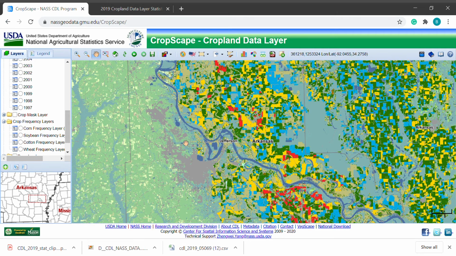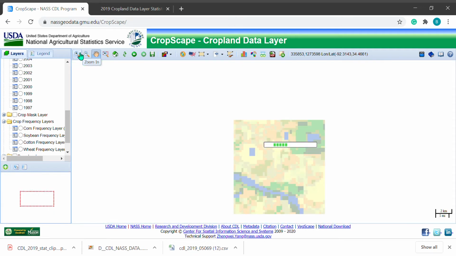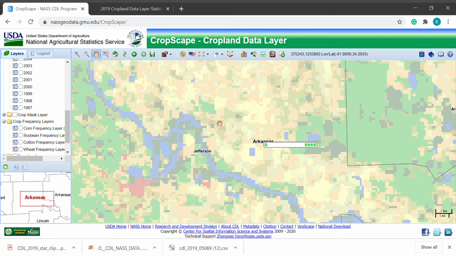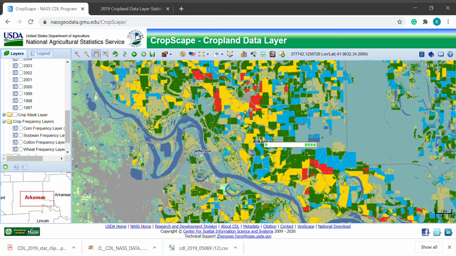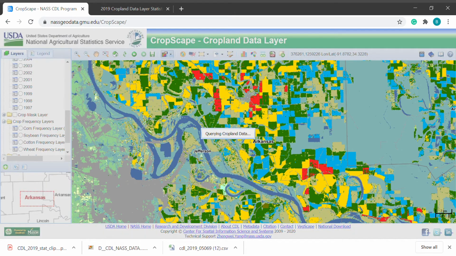If we continue to zoom in, you can see the color coded for the specific crop. Click on the zoom in once again. If we want to know what kind of crop is here, for the yellow one, I have to click the query button here and click on the yellow color.